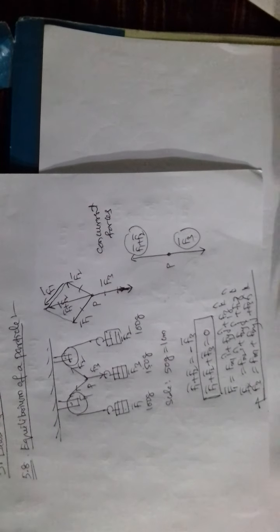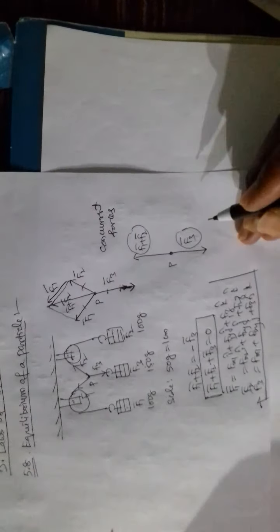Adding all the three vectors we get F1 plus F2 plus F3 is equal to, here